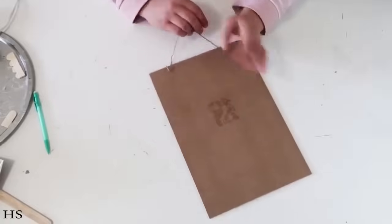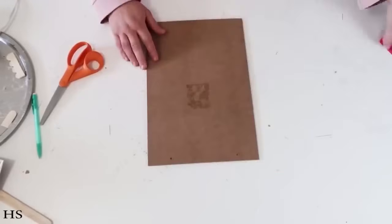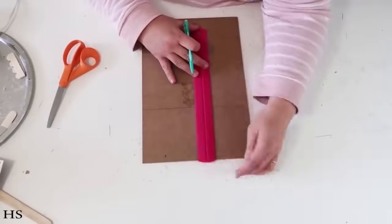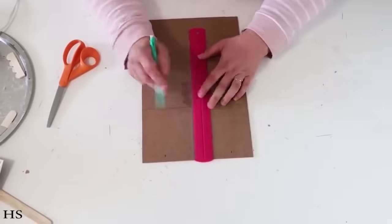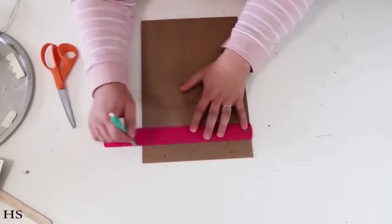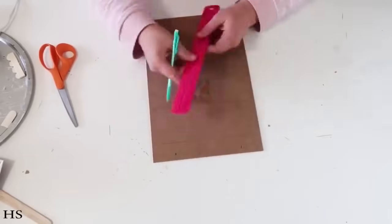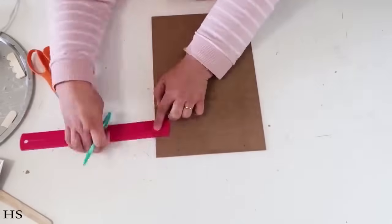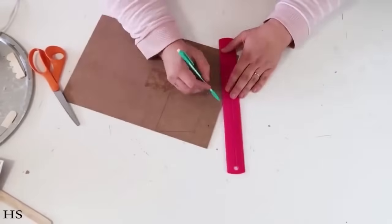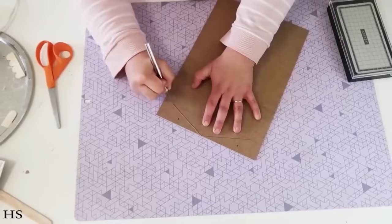We're going to be taking this sign that I picked up during the summertime, and you can use any size that you want, but I really thought this size was perfect. So at the third mark, we're going to measure it into thirds. I'm going to draw a line, and then I'm going to go down a line of the middle of that box we just drew. And then I'm going to go a third inside that third box. So you can see here I'm creating lines to be able to make an angle, because we're going to turn this into a barn. So I'm just meeting up my lines into the center point,